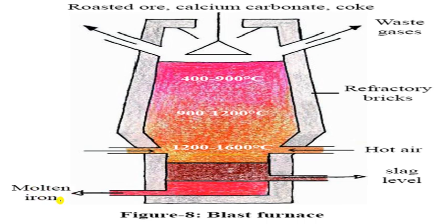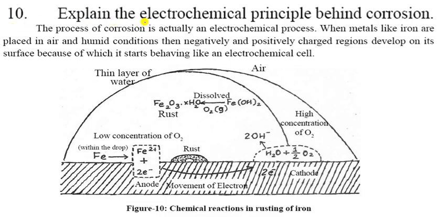And here is the figure of the blast furnace. You can draw it in your copy very well with colors. Roasted ore, calcium carbonate, and coke are poured here. It is the cup and cone method, and here is the way for waste gases, which are passed out from this pot, and it is